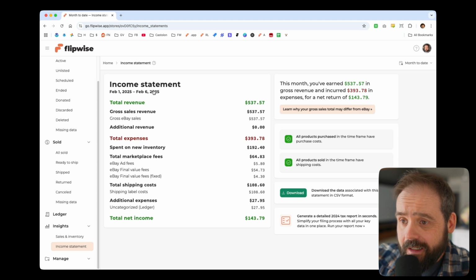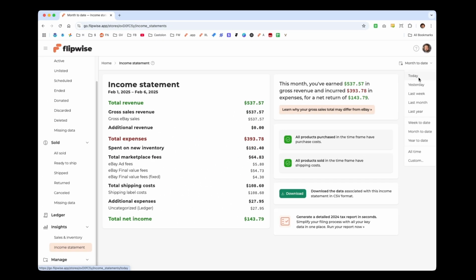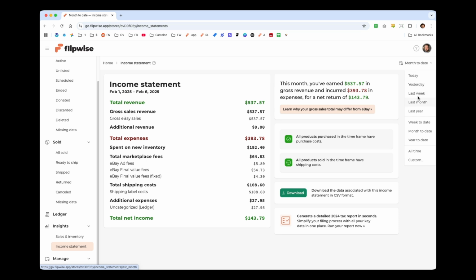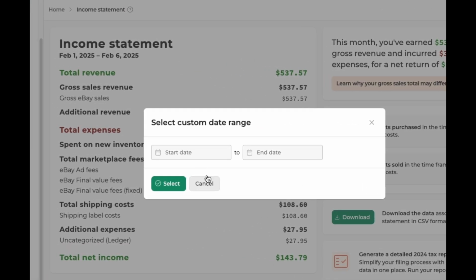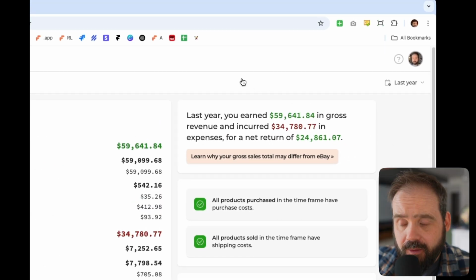And before we dig into the actual numbers here, I'm going to change the date range because it's going to be easier to see a wider range of data, the longer the date range I use here. So instead, we're going to go to last year. Now you can change the date range to whatever you want. Today, yesterday, last week, week to date, month to date, or you can do custom. You can do any date range that you want to do. But for today, we're just going to do last year, and that'll bring in a bunch more data since the